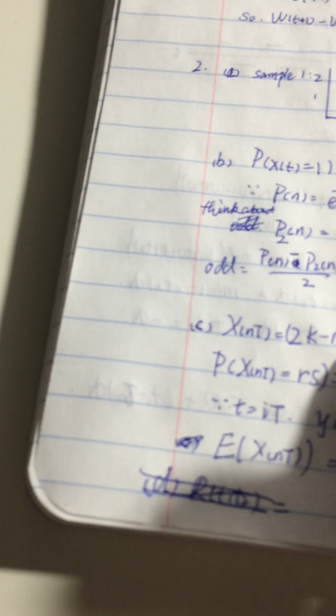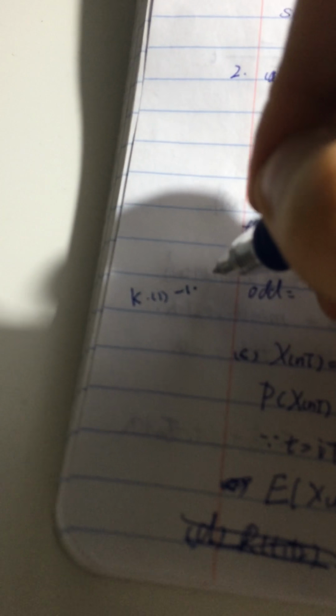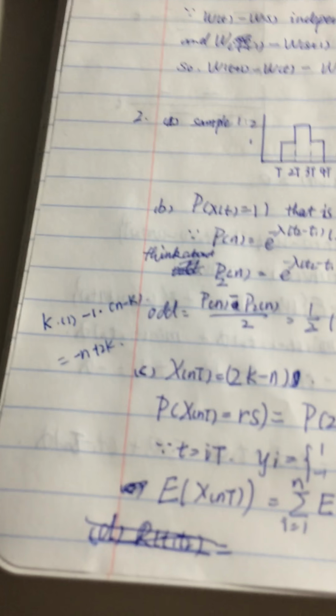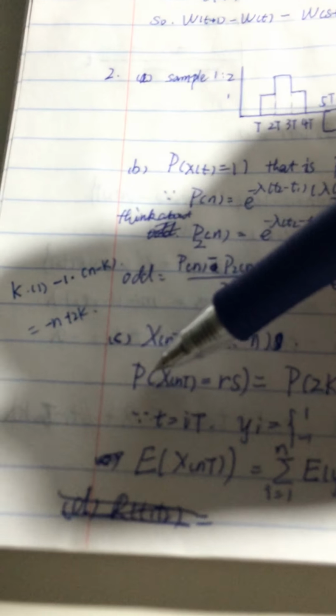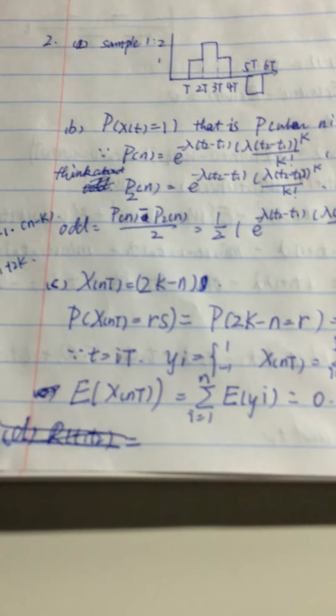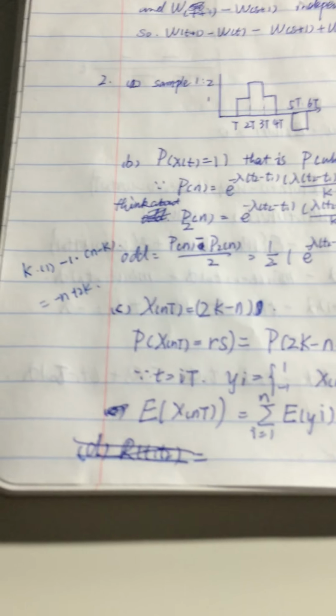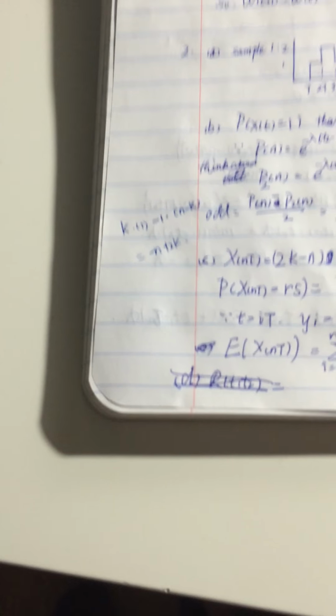So how do we get this? It is from k being odd, so we multiply by 1 and -1, plus the rest, so we can get k minus (n minus k), which is 2k minus n. That is the answer. So we can see P(Xt equals r). That is, we want to find the probability of such a random variable equal to